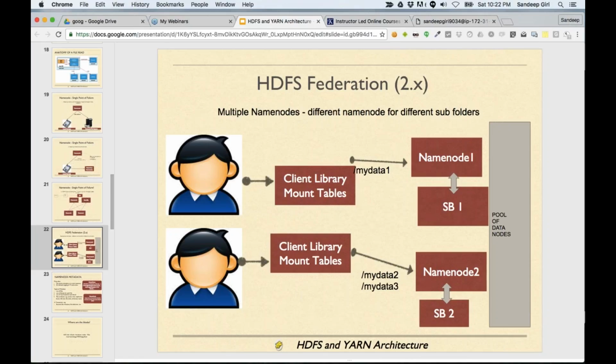Although your file system does not have much data, it has too many files. If there are too many files, there is going to be too much metadata, but the data nodes will be free. In such scenarios,